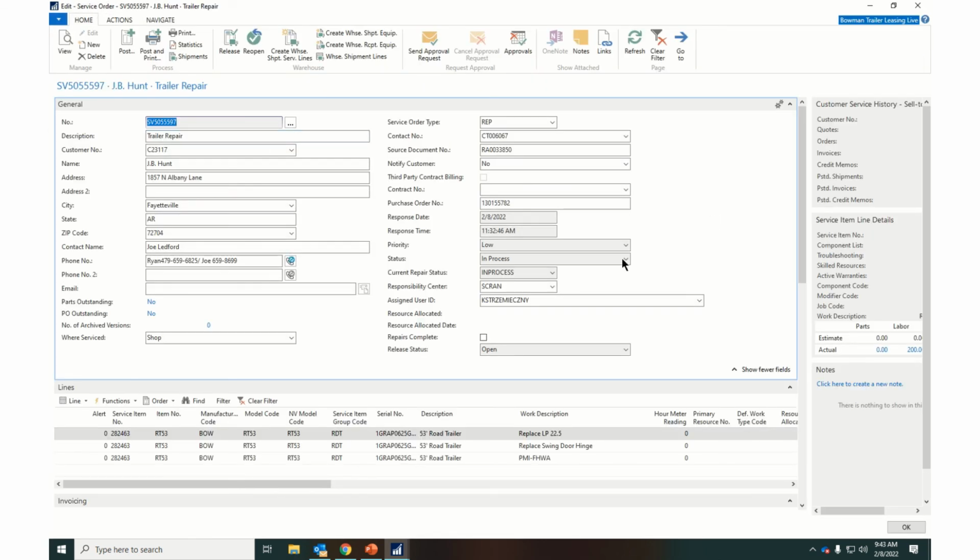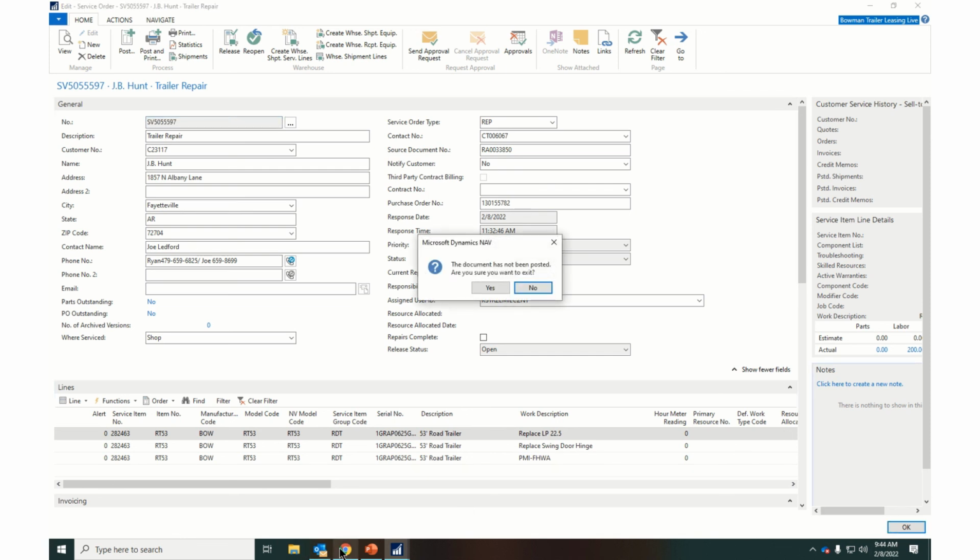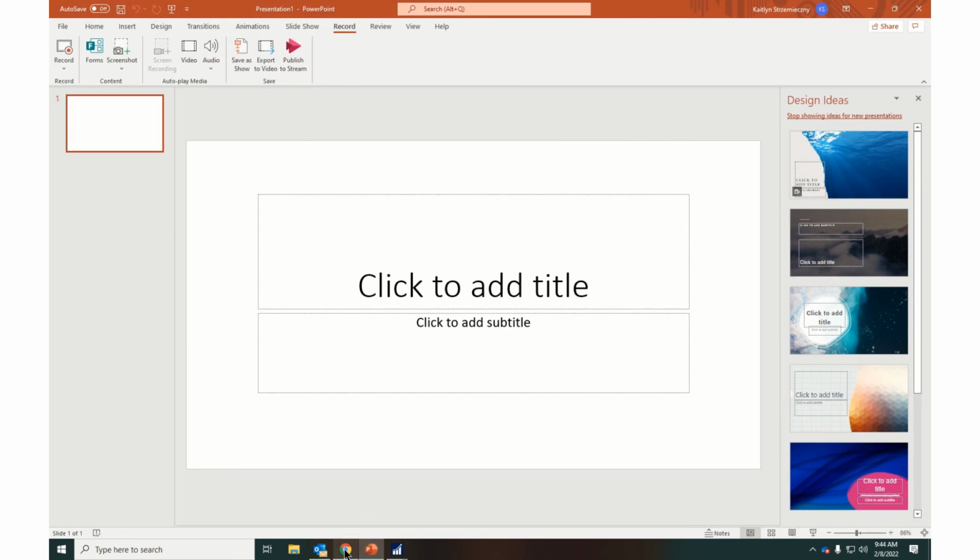So when we're ready to post, we click this little box here that says repairs complete, and then we hit post and print. And depending on your nav setup, it'll either print it to PDF or it'll print out to whatever printer you have assigned. And then from that point, we send that invoice off to the customer. And that should be about it. So let's go close out our